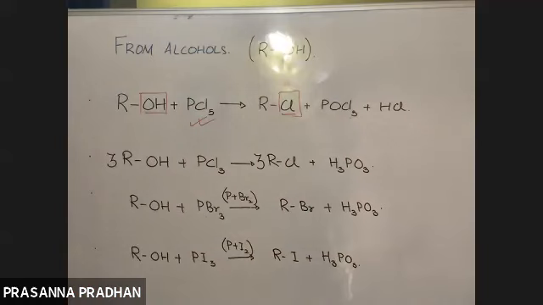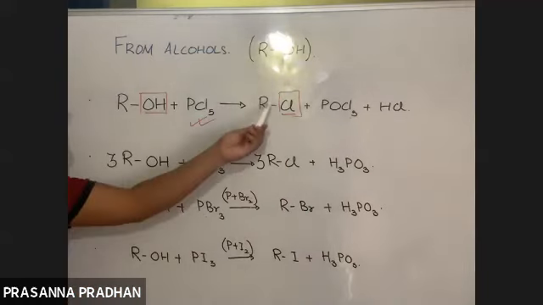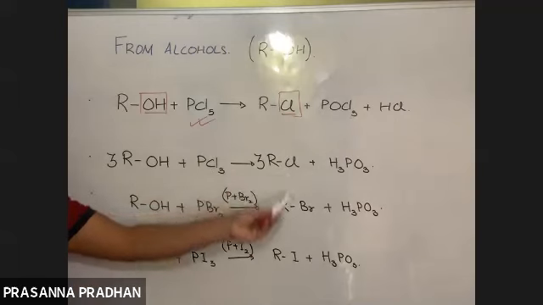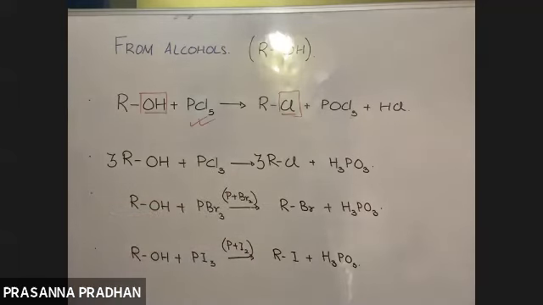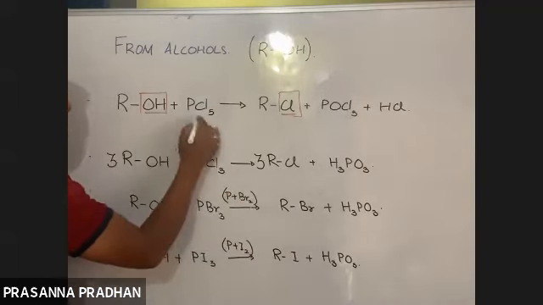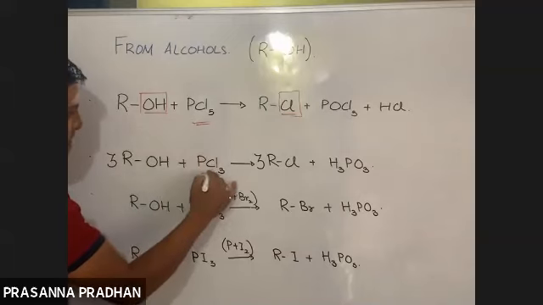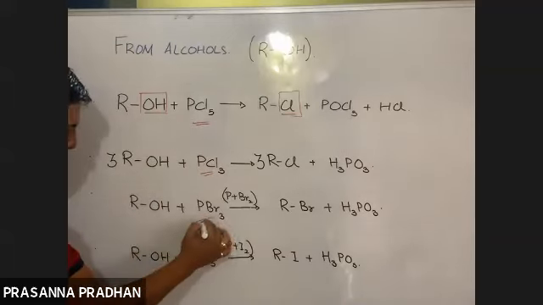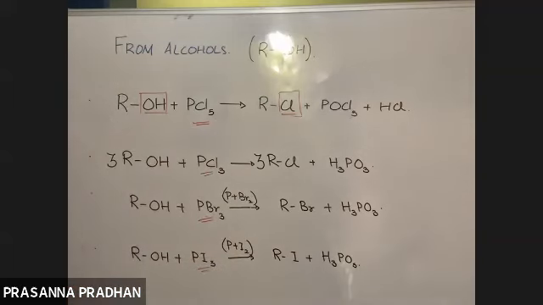So this is how alcohols can be converted into the respective alkyl halides. So what are the reagents? The reagents which we studied today are number one PCl5, the other one is PCl3, the other one is PBr3, and the other one is here PI3. So what happens out here? In all the cases, the OH group gets substituted by halides. So you need to remember the specific reagents out here. That's all. So this is how alkyl halides can be prepared from alcohols.